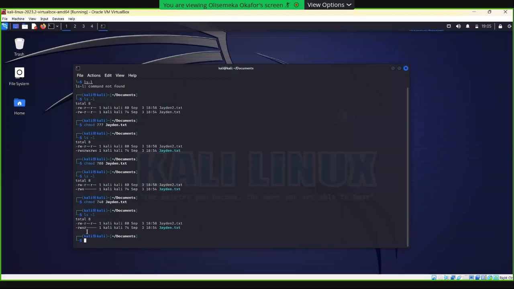it gave read permissions to the group. And that's how it works. So it's basically 4, 2, 1. Read is 4, write is 2, and execute is 1. If you add those numbers up together, we have 7.